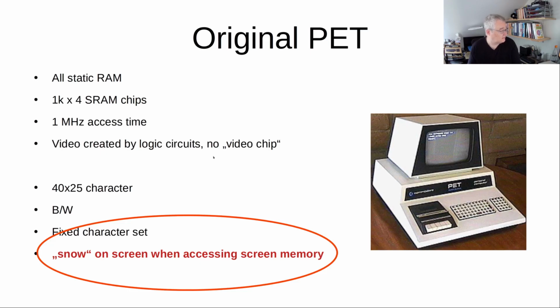So what does it mean, snow on screen when accessing screen memory? This is something that has bothered people, obviously. And Commodore has made something in the ROM of those machines that tries to avoid that. There has been a lot of talk about the killer poke that has to do with that. So why is that snow? Because the video memory only has a 1 megahertz access time. So if you have the video trying to read data to be displayed, and you have the CPU trying to write something to screen RAM or read something from screen RAM,